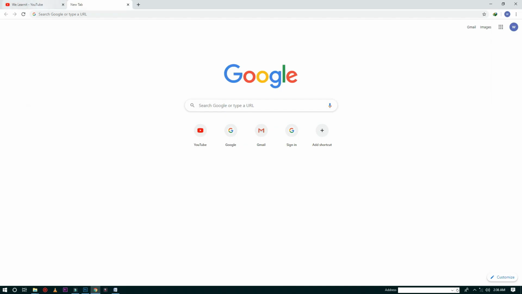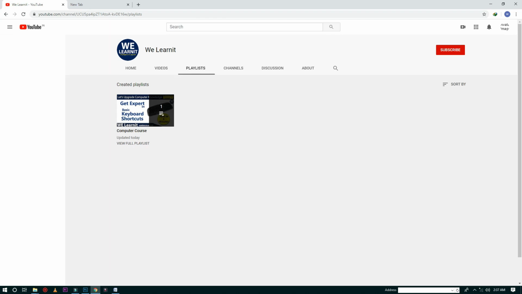So now I am with Google Chrome. Now I want to close this tab, something like that. I just close it. Or just imagine that it got closed accidentally. So to get it back, I press Ctrl Shift and T. So you can see again I got the same tab back.